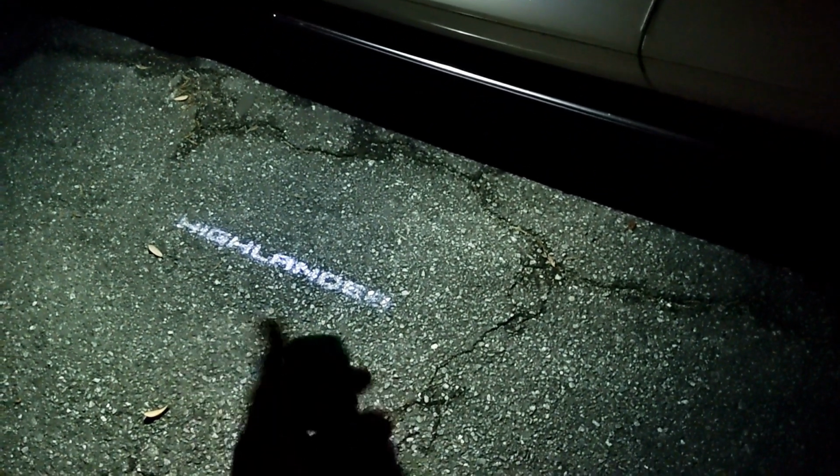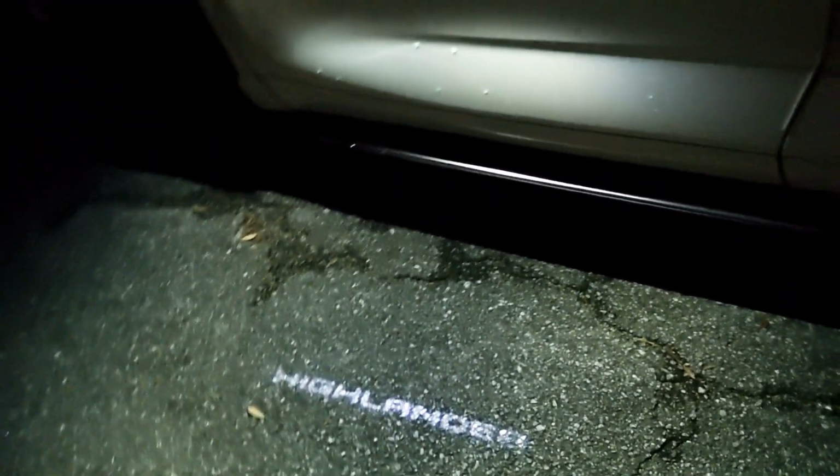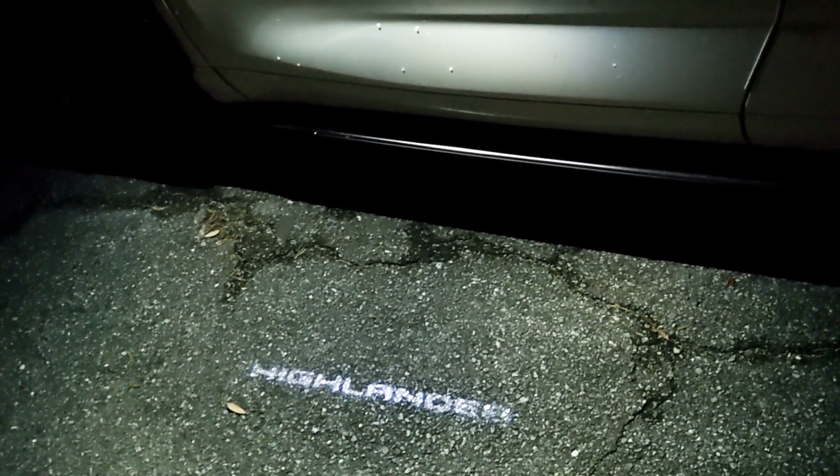And the vehicle is starting right now. There you go. So the blinkers will flash several times and then it turns off. And the vehicle is currently running. So from the inside, you can see that the infotainment system came on right there. It's all running, and I've got the key. The vehicle is running right now, and the spotlight actually greets me, illuminating the Highlander name on the floor. But as I open the door,